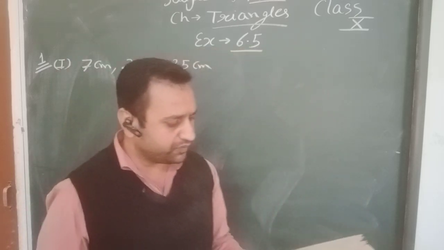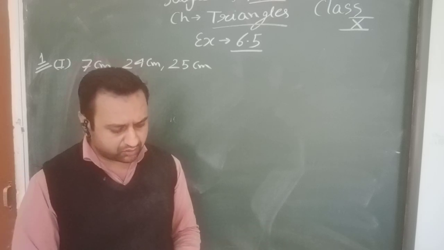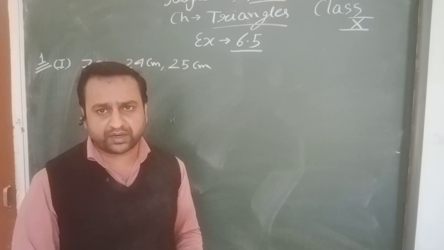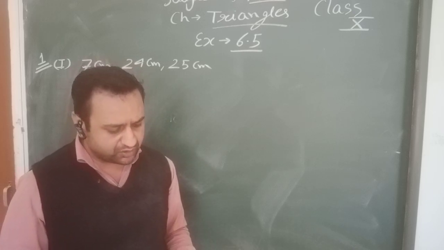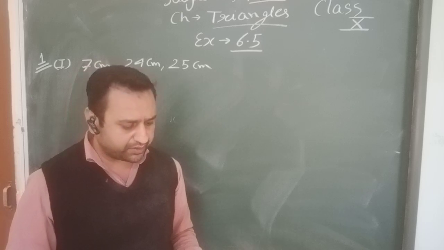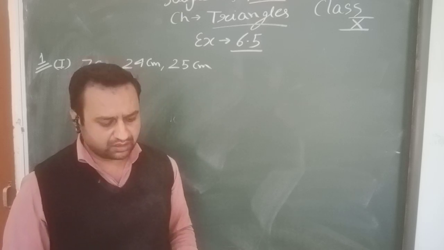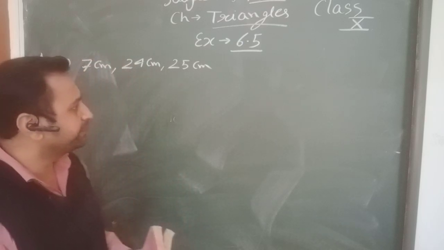In question number 1, sides of the triangle are given below. In this question there are a total of 4 parts. In each part the dimensions of the sides are given and we have to determine which of them are right angle triangles. And in the case of a right angle triangle, write the length of its hypotenuse. तो आपको hypotenuse की length भी find out करनी है.